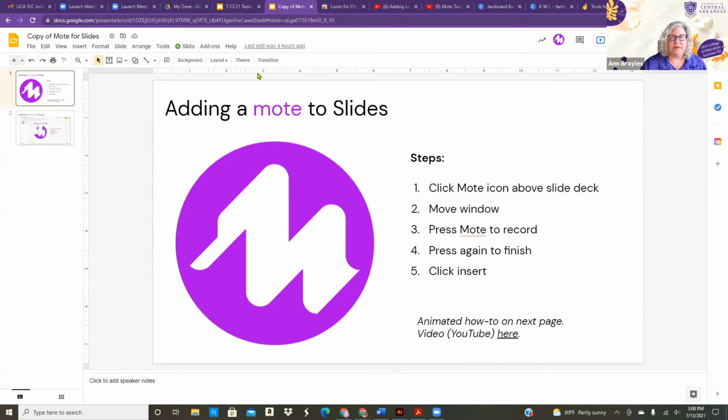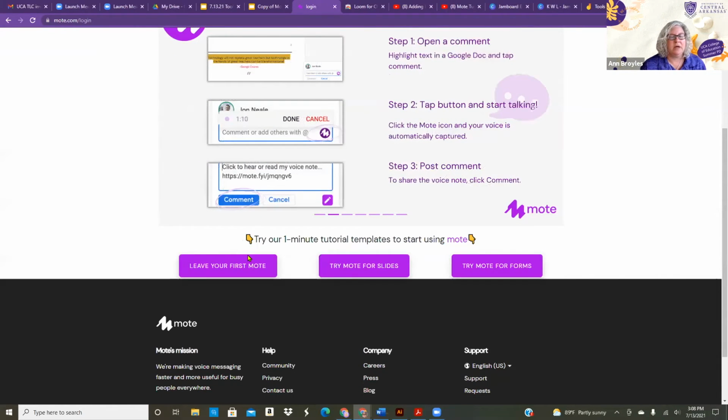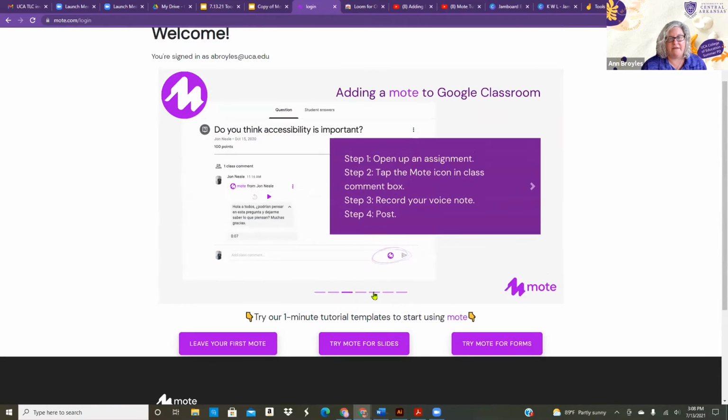When you add that extension and create your account, it gives you a little welcome slide like this, and it'll show you some tutorial templates on how to do your first Mote, how to try Mote for slides, and you can even try Mote for forms,